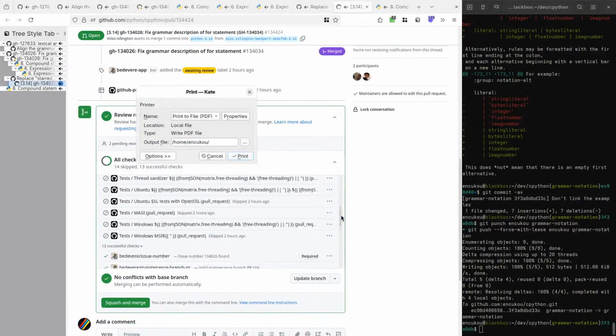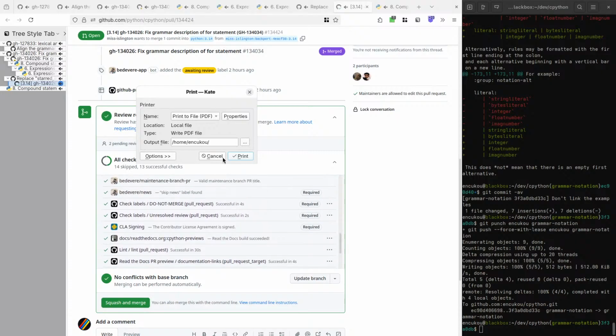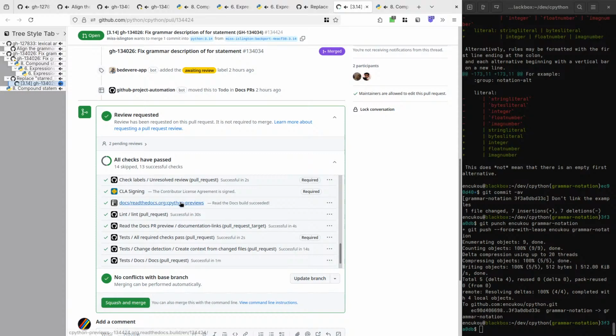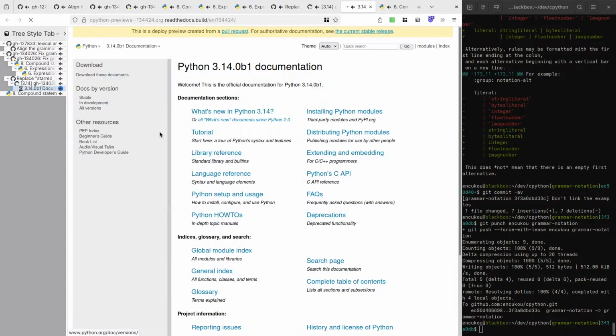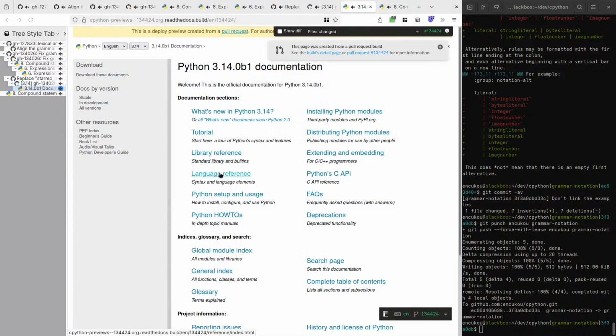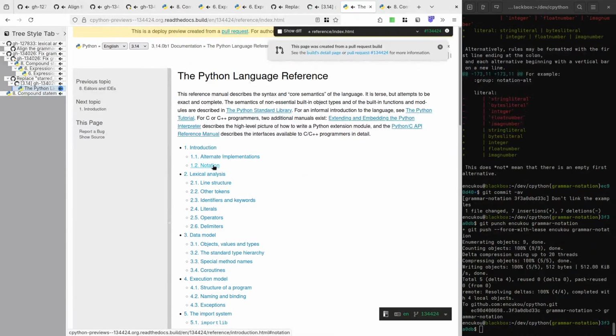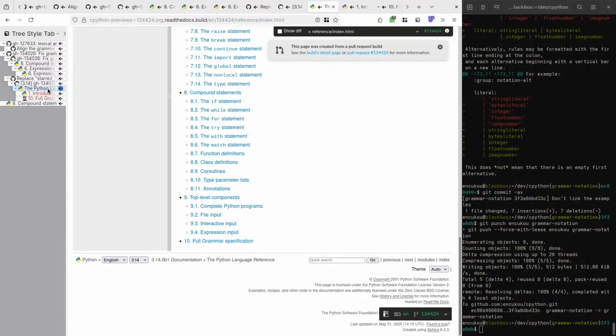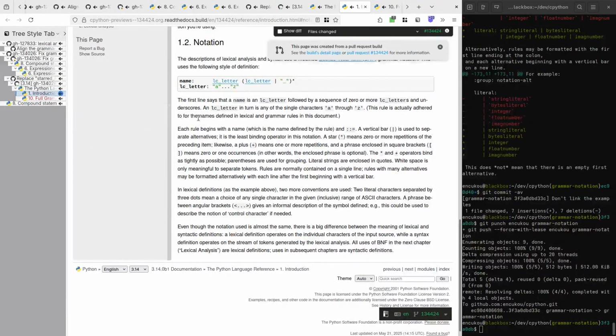Okay, all checks have passed. Read the Docs build succeeded. Notation and full grammar specification. Oh. Oh.